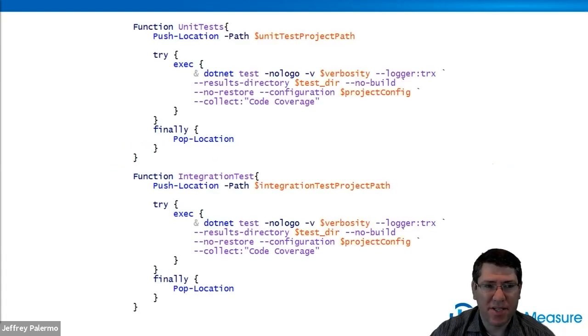Unit tests, integration tests, they're separate. So for .NET Core, this is a pattern that works really well, getting the proper test output that can be attached to Azure Pipelines and making sure we accidentally don't do a duplicate NuGet restore and a duplicate compile just to run tests. And also, we want to enable code coverage. And so we have to run it with the proper command line switches. We want to run unit tests first and integration tests second, because if one of the unit tests fails, it makes no difference if we run the integration tests. And so we want to do those in sequence.